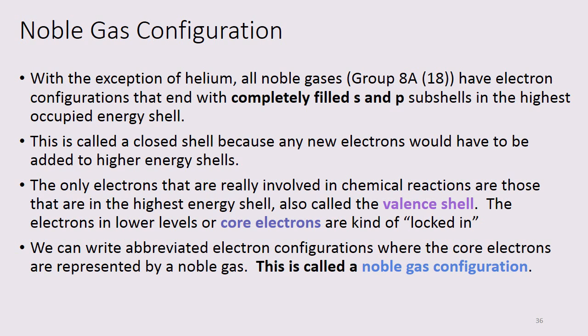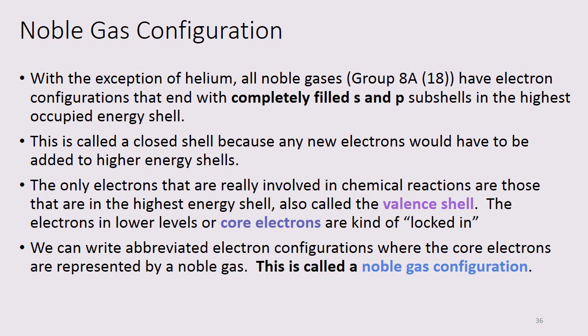In the second shell, it's 2s2 2p6. In the third shell, it's 3s2 3p6. In the fourth shell, even though it's more complicated in the middle, they still complete the 4s and 4p: 4s2, then 3d10, and then 4p6. So there's always 2 s's and 6 p's in whatever energy level that